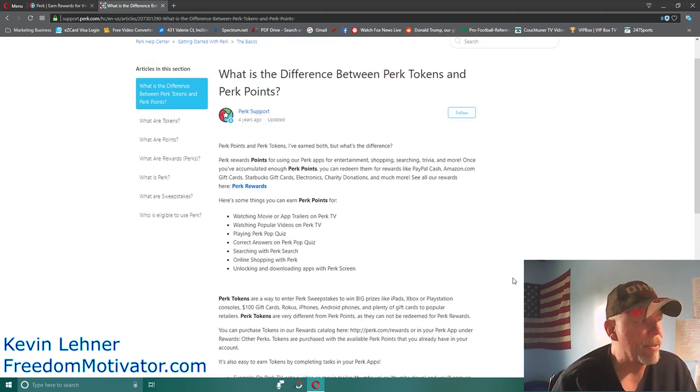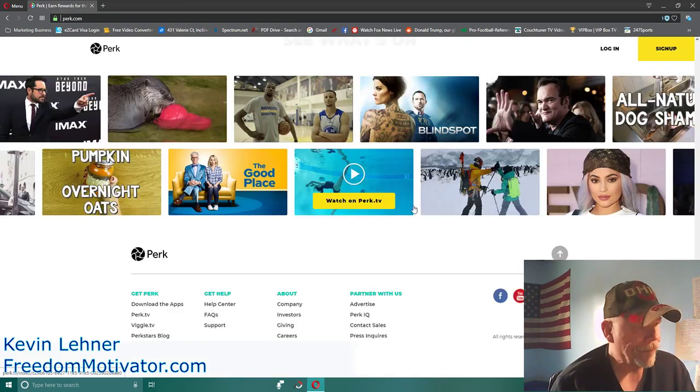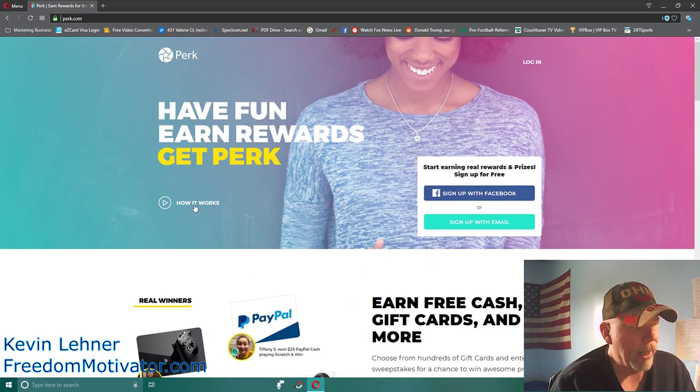So basically that's some of the things that you can do with it here. I don't see directly where it's showing me how many points it takes to win certain things or whatnot. I'm not finding that anywhere. But anyways, just basically want to come here and you can click on how it works if you want to